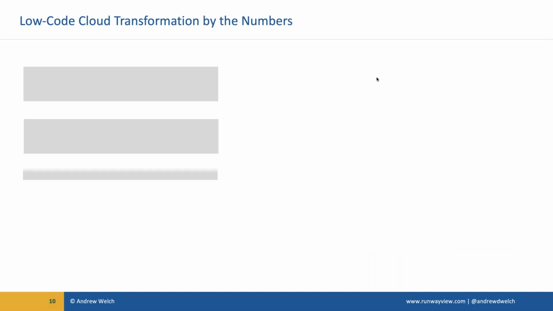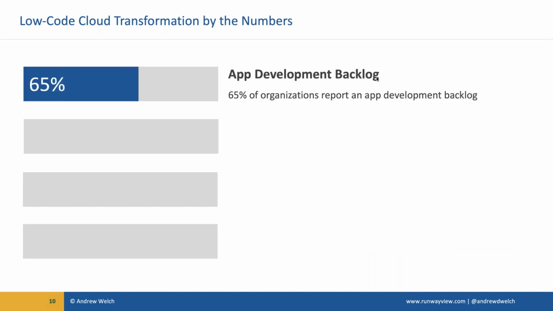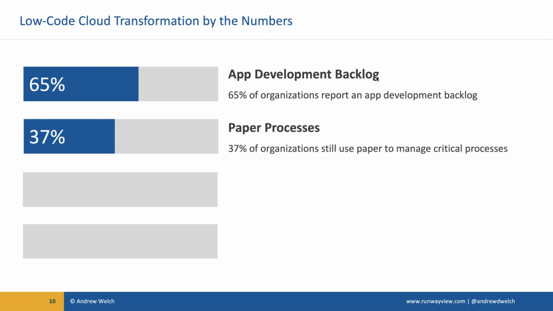So when we look at numbers here, first and foremost, 65% of organizations say that they have an app development backlog, right? That these are things that they can't get to. 37% of organizations, therefore, are using paper processes to do that which they could automate and digitize. So my favorite example of this is my friend Samit, who worked in security at Heathrow Airport. He taught himself Power Apps and began to transform paper processes, and now he's a digital transformation lead or something along those lines, and an expert on Power Platform at Heathrow.